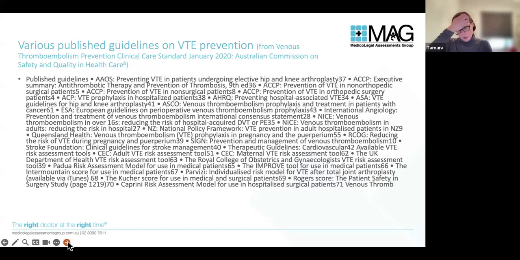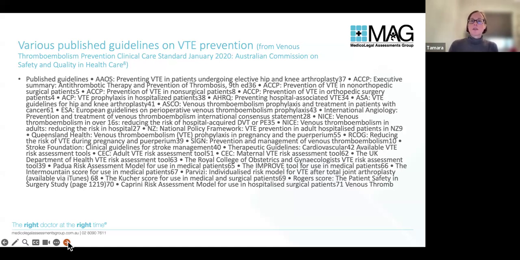Now, I'm just putting this in not to frighten you. Please don't try and read it. But the only real guideline on the safety and quality site that I've really used, because it's fairly specific, is the prevention of venous thromboembolism. So they have a standard that you can readily access on the site. And one section of their references is this, which I've just collapsed in. This gives you a sort of potting of a whole lot of guidelines that are out there, tools, protocols, risk assessments for venous thromboembolism, prevention of deep venous clotting, etc.